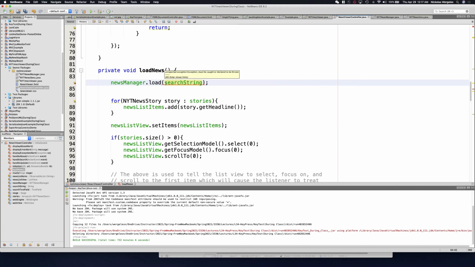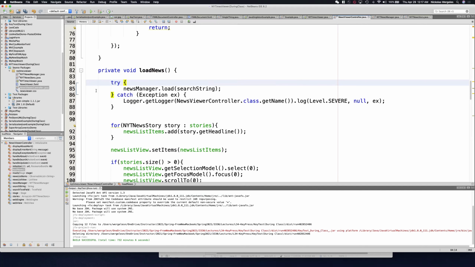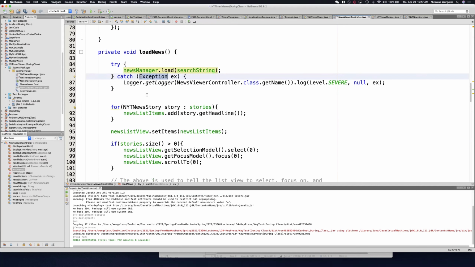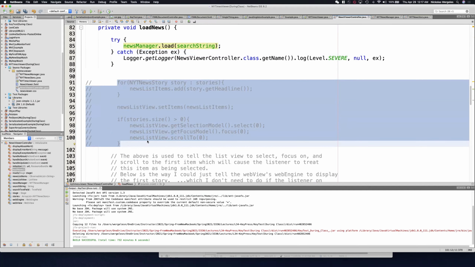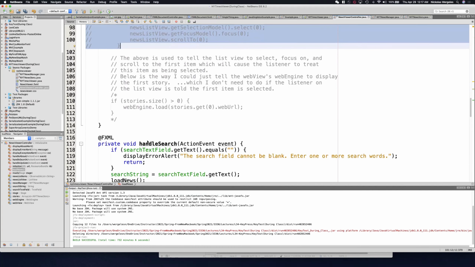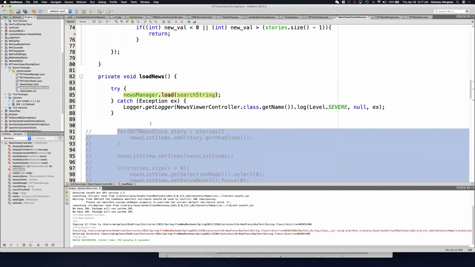Okay, you'll see I have an error here. It looks like a compile error, but it's not. Load must throw an exception. Okay, if I add a throws clause or a surround statement with a try catch block, you'll see an exception could occur. And I'm not going to parse through all the news stories. Let's just go ahead and see if we can do the load method. So I'm going to comment that out. And this looks good. I just want to call the load method to see if this works. So if I run this,